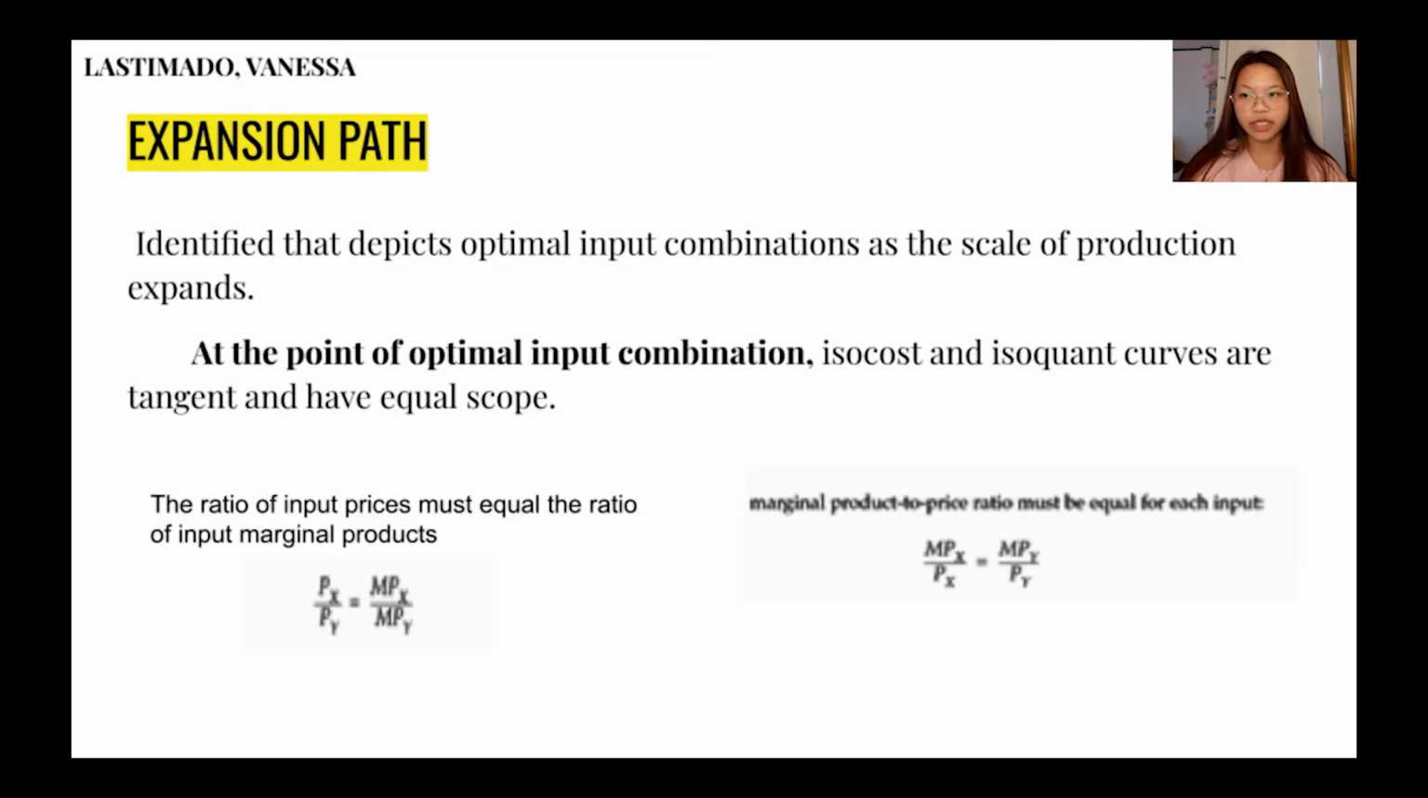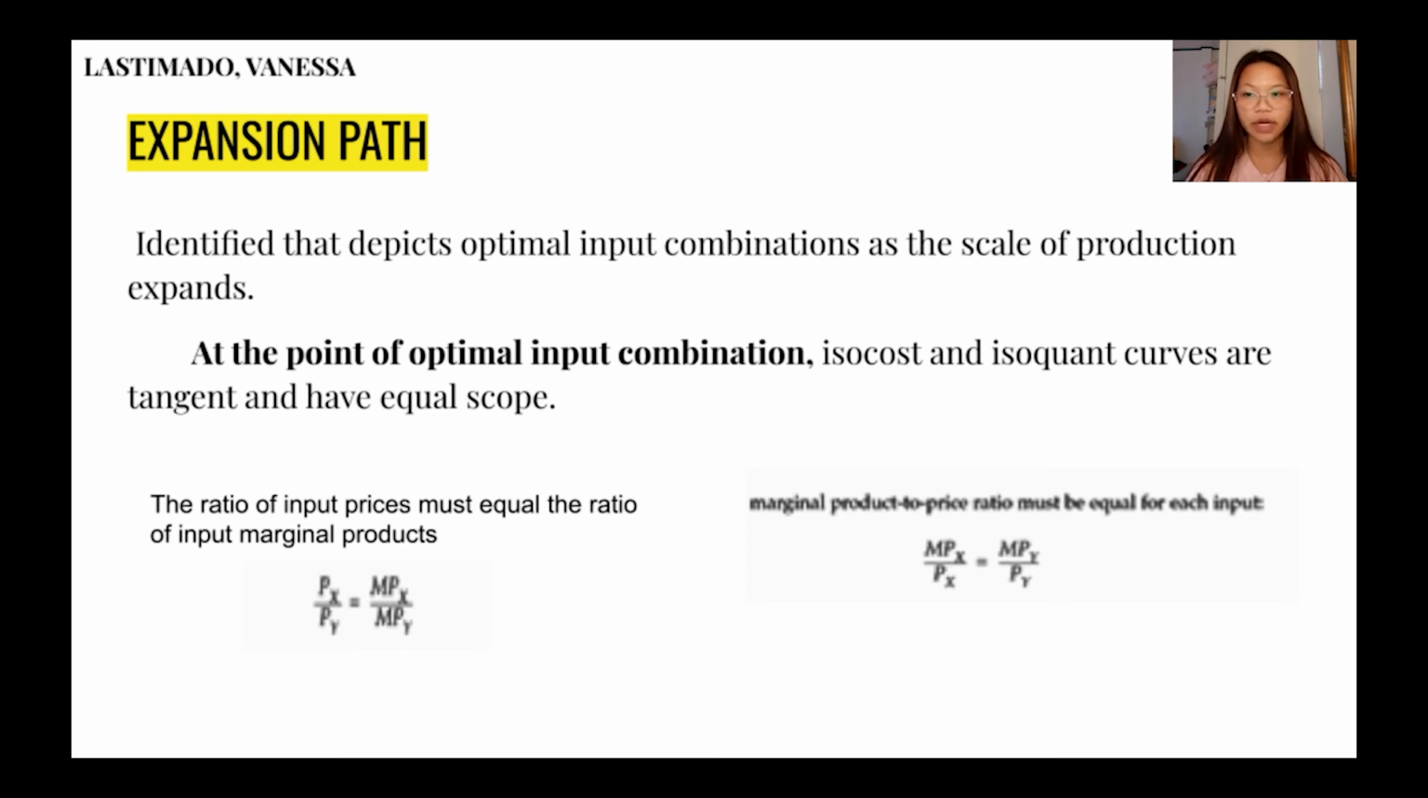Connecting points of tangency between isoquants and budget line, an expansion path is identified that depicts optimal input combinations as the scale of production expands. So at the point of optimal input combination, isocost and the isoquant curves are tangent and have equal slope. So the slope of an isocost curve equals negative P sub X over P sub Y, and the slope of an isoquant curve